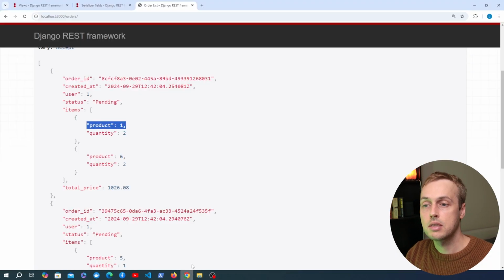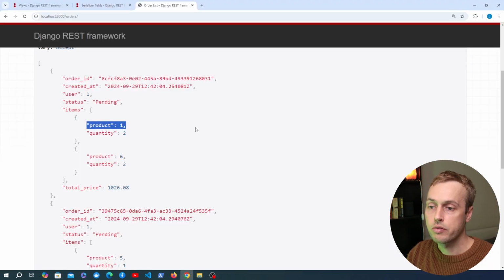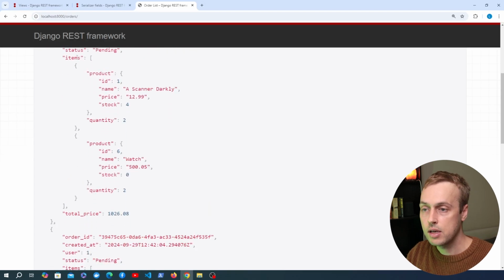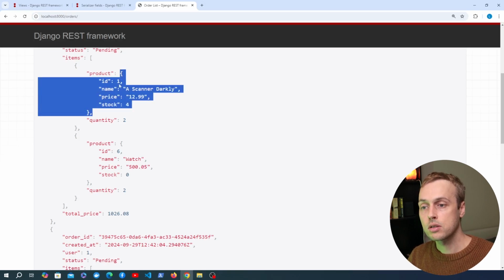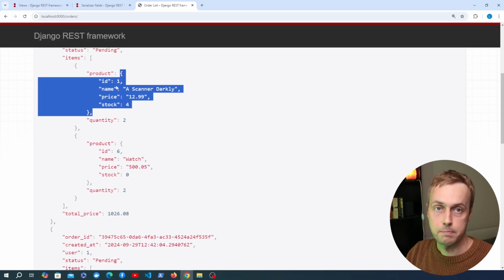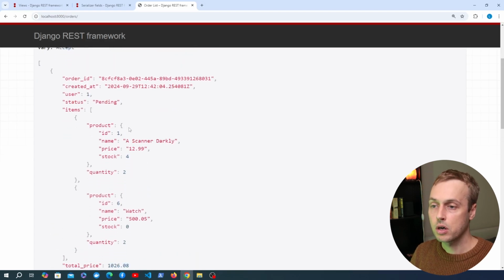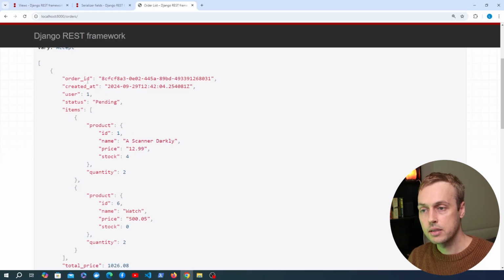Let's just save this and see if it works out of the box. I'm going to refresh this, and this time you can see for each order item we now have another nested piece of data, and that's an object representing the actual product with the fields that were specified on the product serializer this time. So you can see the power of REST Framework here. You can build up the serializers and you can reuse them in multiple places if you want, and that allows you to very quickly take data out of your database and return it in very nested representations using a JSON